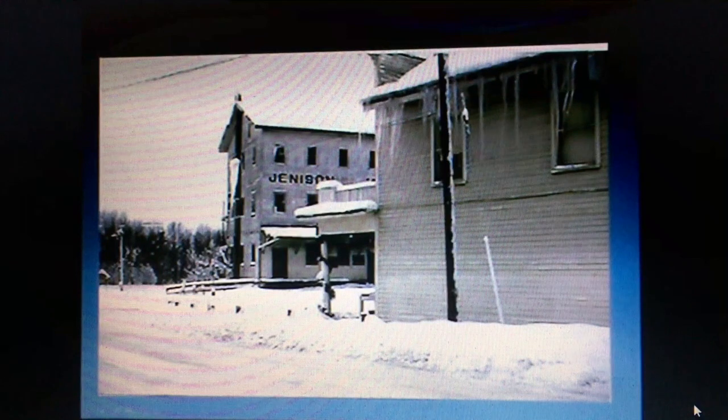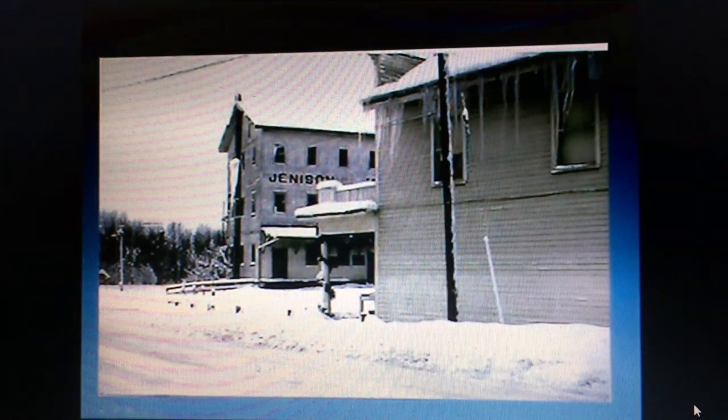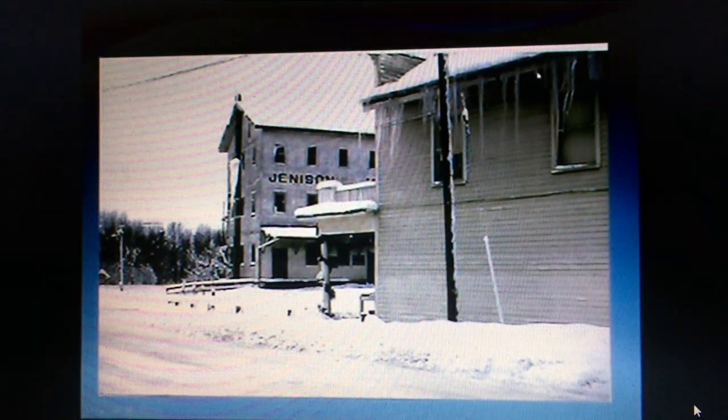Now, this is a later photograph. This is Main Street coming between the general store and the Oler Brothers store, and we're thinking that it's somewhere around Christmas time. But you get a flavor of winters here in Jenison, and I see that they don't have a lot of insulation on the roof. No, not much. So here's the general store from the 40s, and we'll talk more about the Oler Brothers store later, but